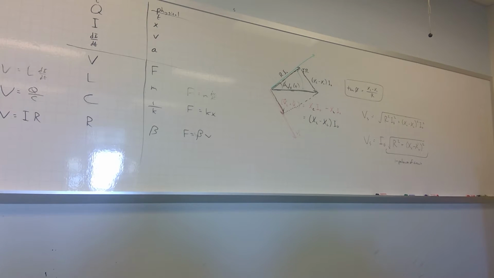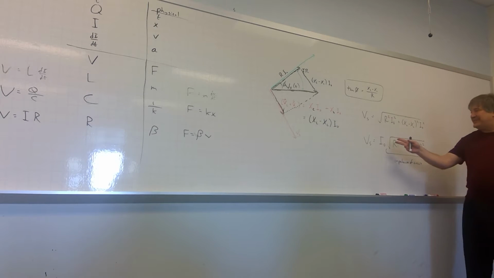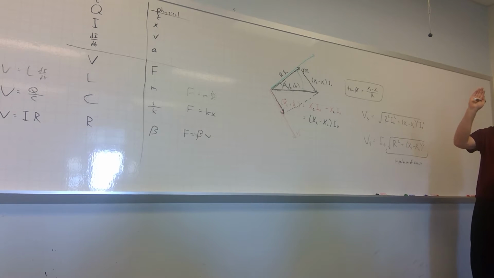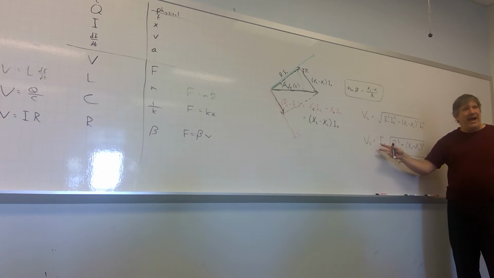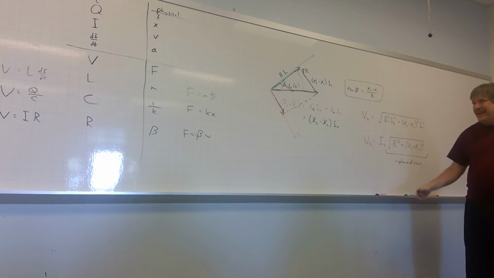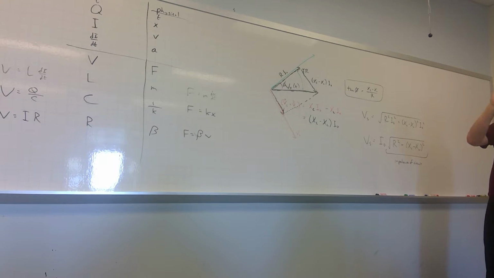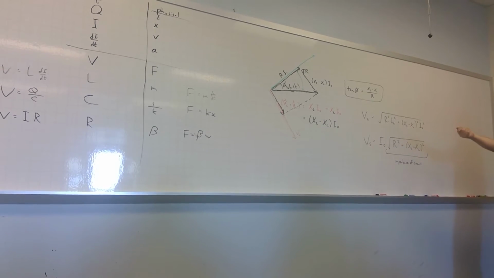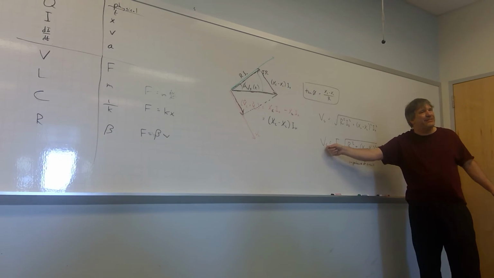Now, remember we started out saying, okay, V source was actually fixed. We decided that from the beginning when we hooked up that voltage supply. The circuit decided what I naught would be. So even though as we were doing the algebra, we kind of worked through it backwards, starting by drawing the I naught phasor and working our way back to the relationship with V source, physically, V source is the thing that happens at the beginning. So if I were to set up, say, a 30 volt AC power source, and then I were to vary the frequency, now, as I change the frequency of that source, but I leave its overall amplitude at 30 volts,